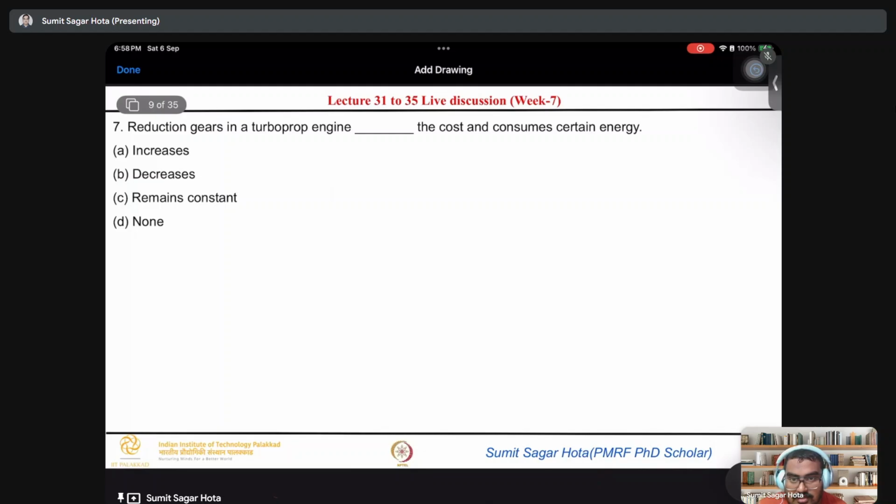The reduction gear in a turboprop engine is dash the cost and consumes certain energy. Yes, because it's an extra component, the addition of this gear mechanism obviously involves some extra cost,